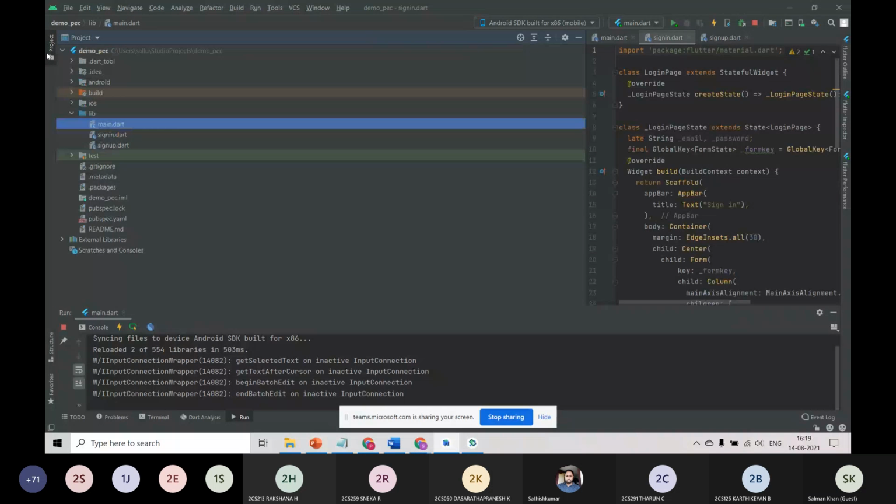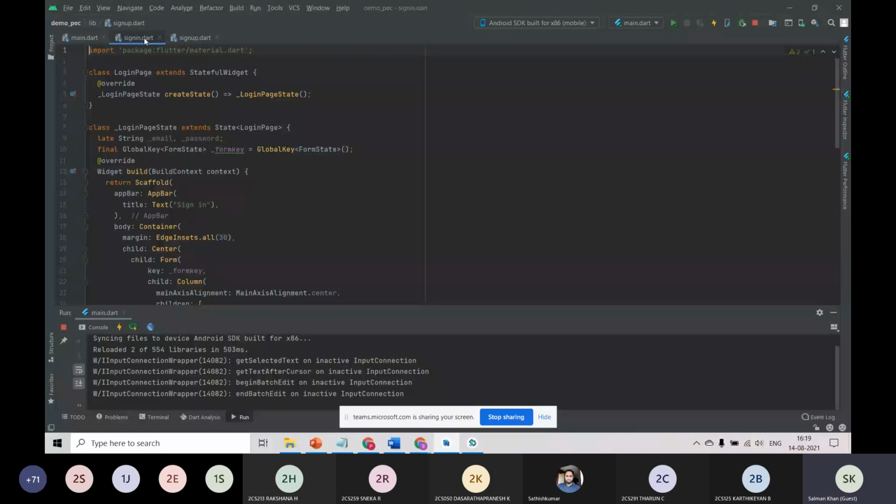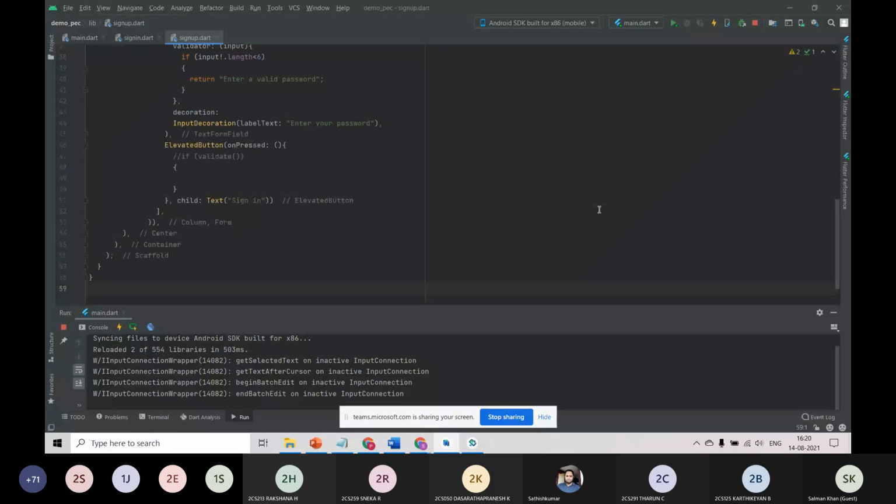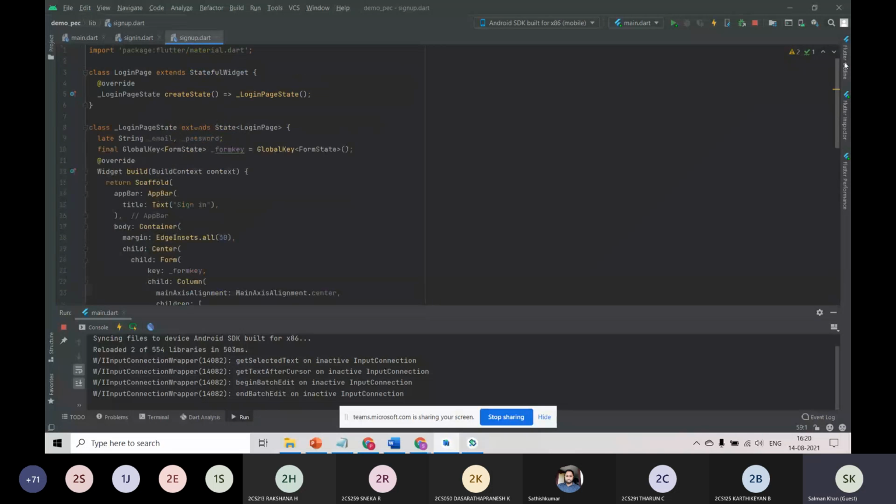Here we have a sign up page. I will just copy the code from the sign in page to modify it.